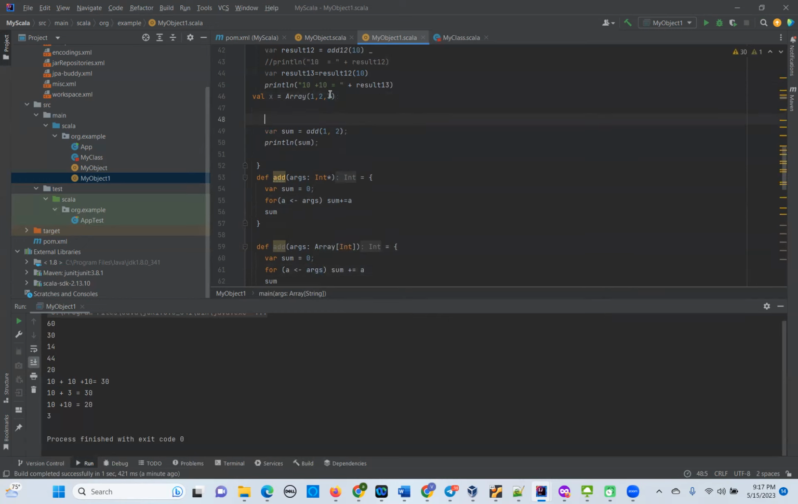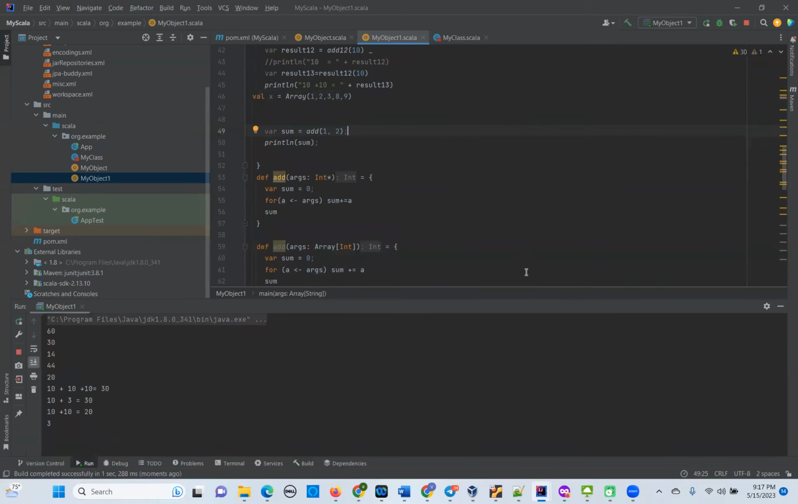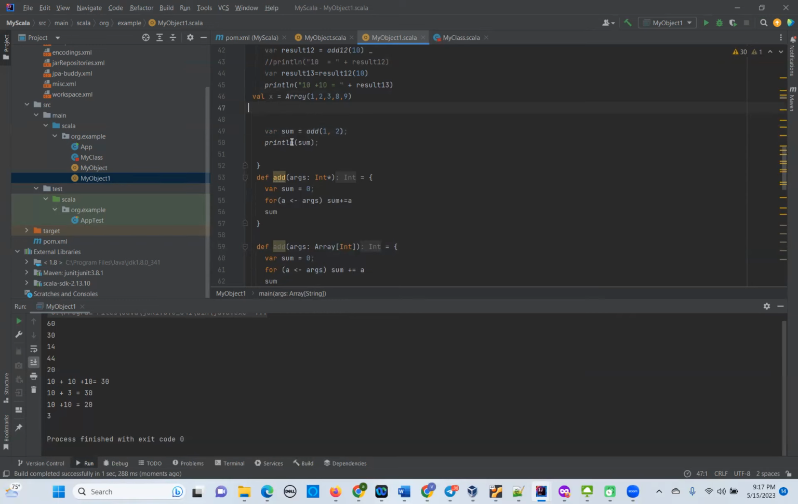List is fine because with a list you can change any number of values. Suppose you make it 8, 9, any number of values you can change. Your function will not be changed. Your function will work, right? Now, if you print it,